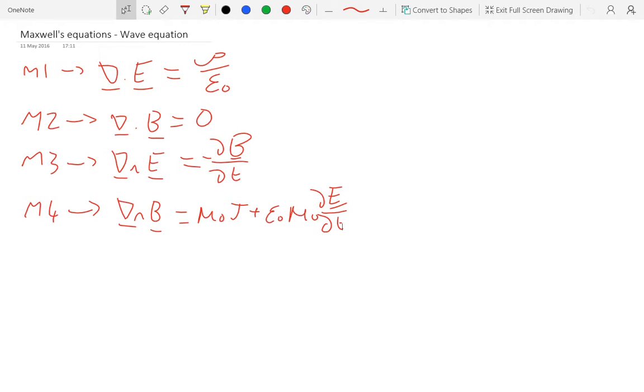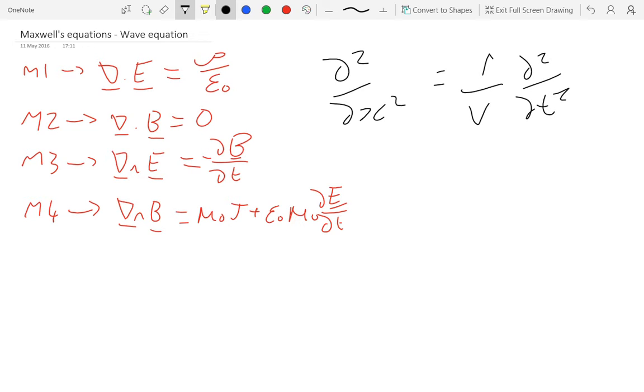So now we're going to look at Maxwell's equations and see how we can use them to derive the wave equation in free space. So know generally what the form of a wave equation looks like. You're doing a second order spatial derivative on the left hand side of the equation, so for example d2 by dx squared, and then it equals 1 over the wave speed squared, d2 by dt squared,